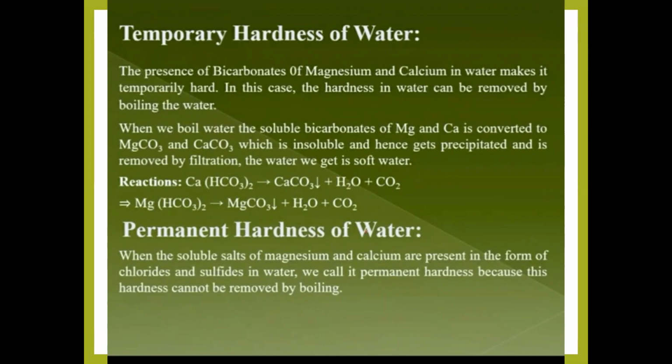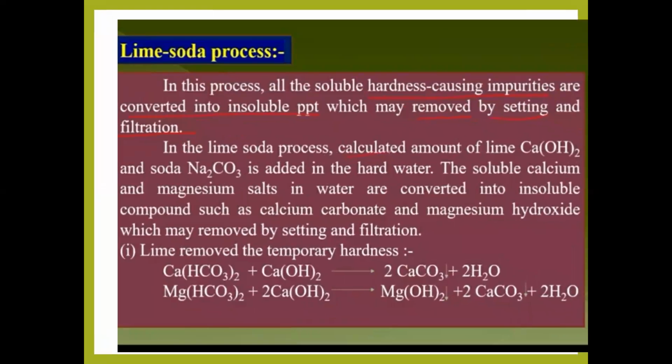Second method to remove the temporary hardness is Clark's method. This is also called the calcium hydroxide method. Why is it called the calcium hydroxide method? Because in this process, we add a calculated amount of lime, that is calcium hydroxide solution, to the water which has the temporary hardness, and the soluble bicarbonates present in the water will convert into insoluble carbonates which settle down at the bottom of the tank